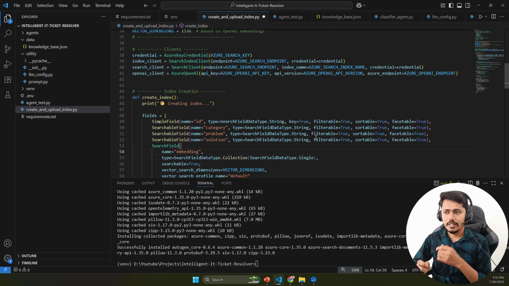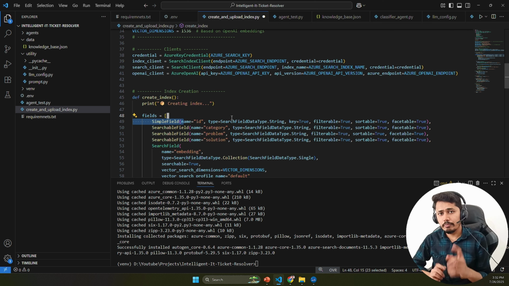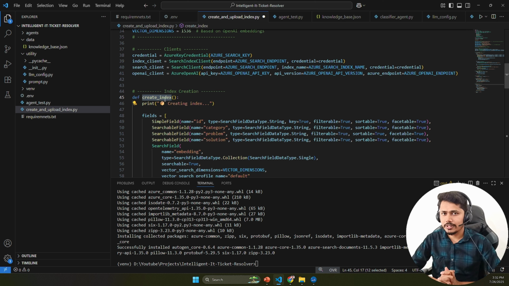That way your retrieval becomes very fast. You'll be able to quickly retrieve your details. Also, this ID is going to help us make the search very fast. Now, why are we mentioning it as index? Because index is a terminology used in vector store to make sure that it retrieves the information very